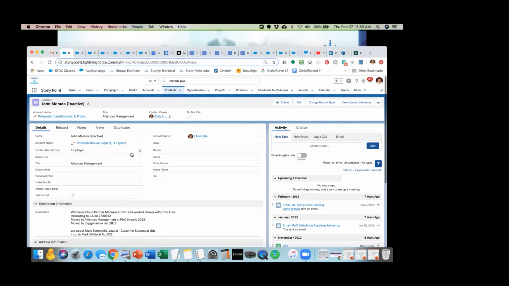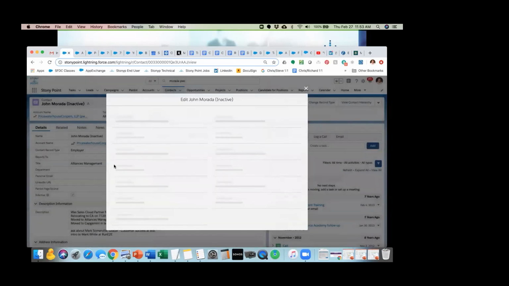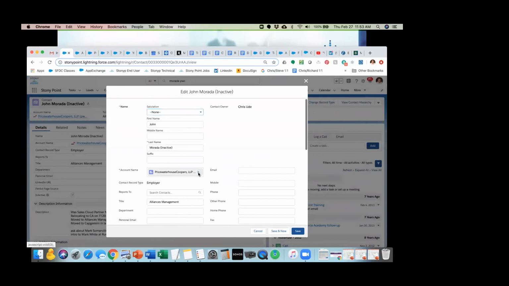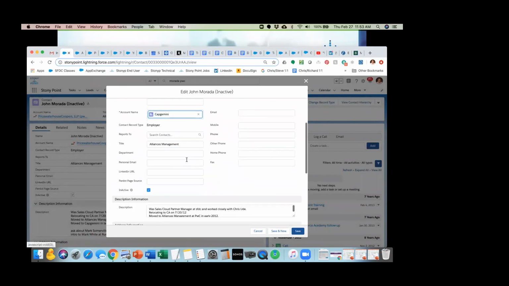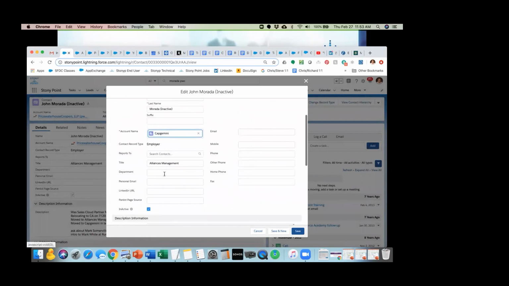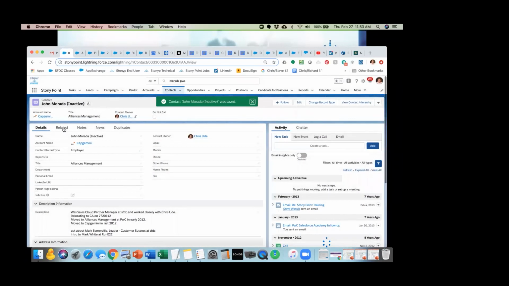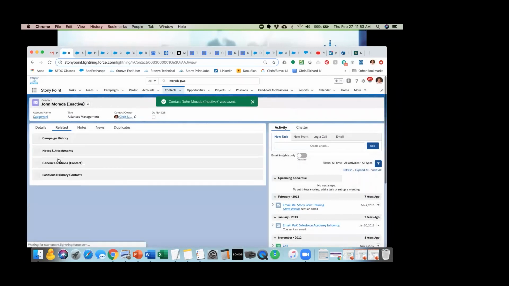And check this out. If I wanted to, I could just come in here, edit this, and say, you know what? He left PwC and he went to Capgemini, another company that we work with. So we've got Capgemini in there already. And check it out. When I save that, now look at this related list. I can see